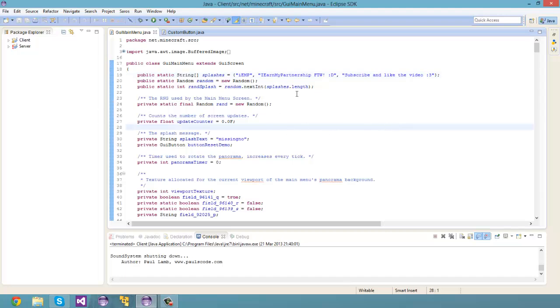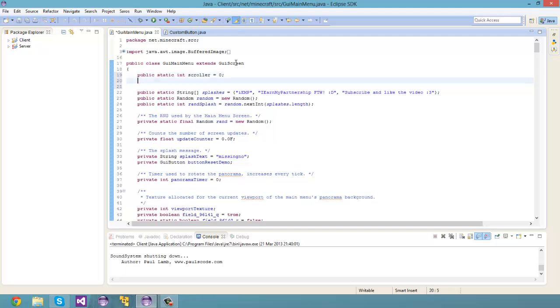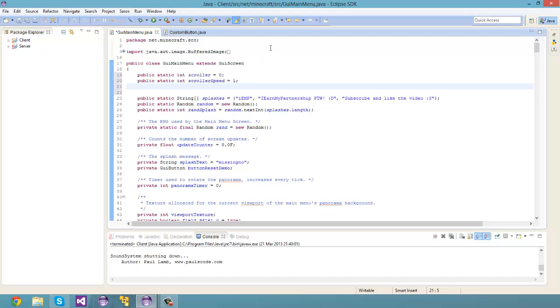Now we're going to show you how to create scrolling text. So once again, go up to the top of the class, and now you're going to want to create a new integer. So put public static int scroller equals 0. Then create another one, public static int scroller speed. Now I'm going to set the speed to 1. You can set it to whatever number you want, just make sure that it's a full number, not a double, which is a point. And then we're going to want to create the actual text, so public static string scroller text equals